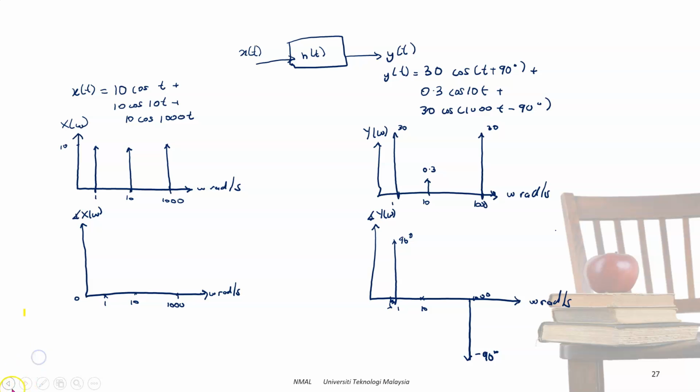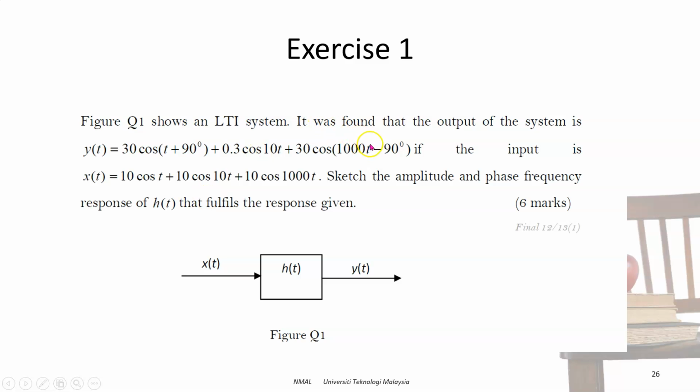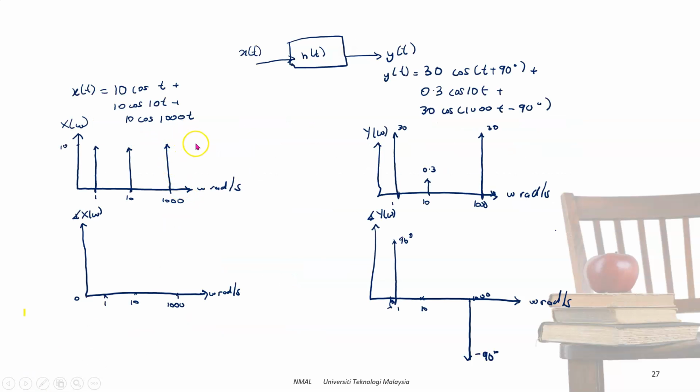Okay, however, here we have not actually answered the question. If you see the question, sketch the amplitude and phase frequency response of h(t). This is the one that we need to sketch. Just now what we did is we sketched the input and also output frequency response because we want to know